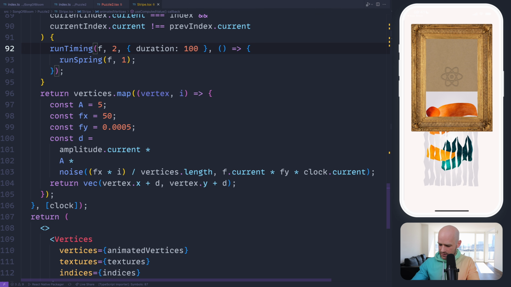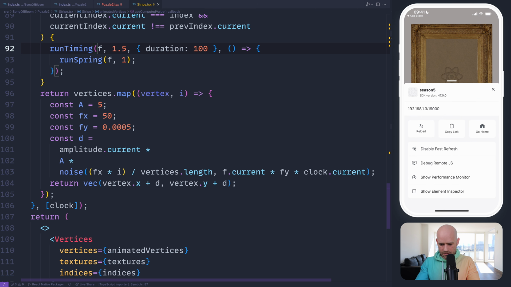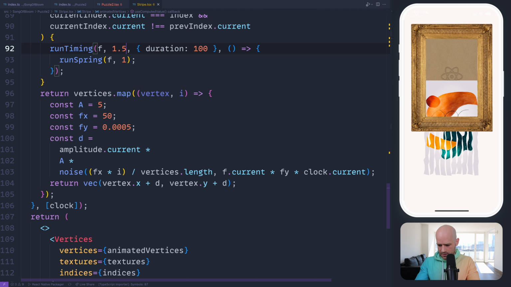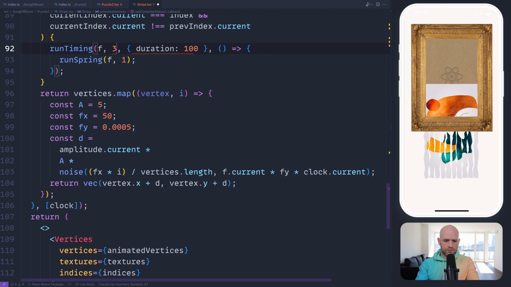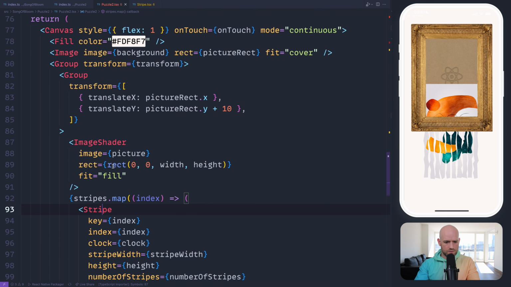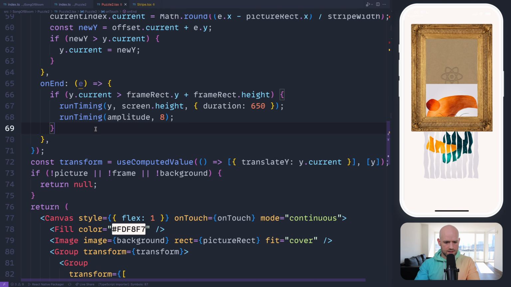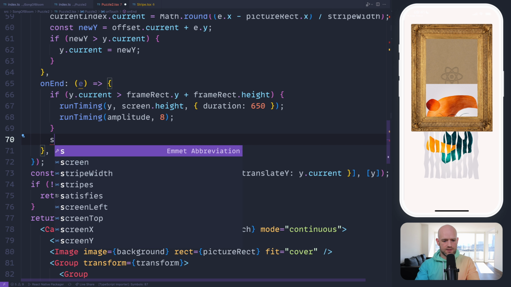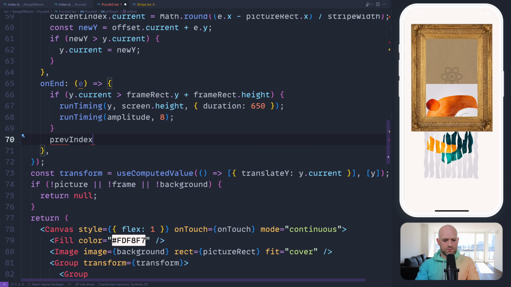Even 2 looks, what? I think, let me reload here. This is okay. I think maybe 3, and I think one thing I need to do here is when the gesture ends, we need to set previous index to -1 and current index to -1.